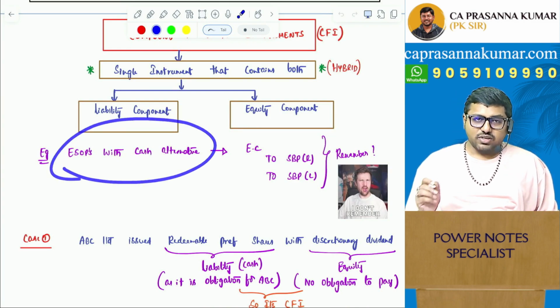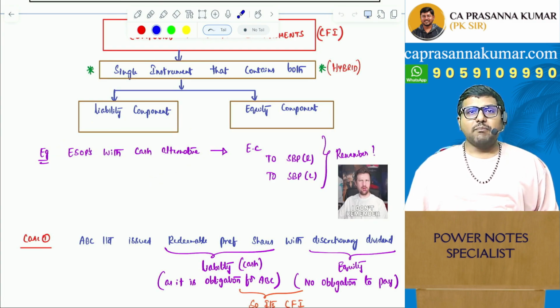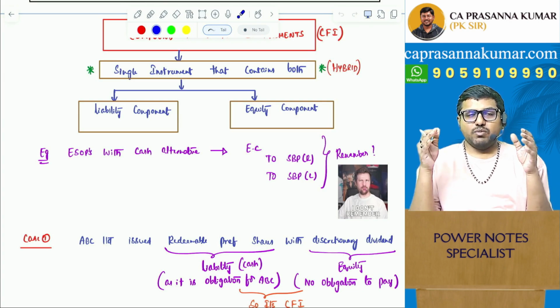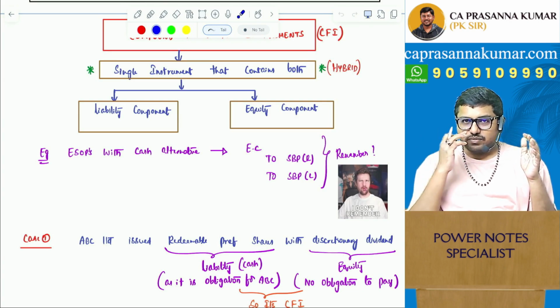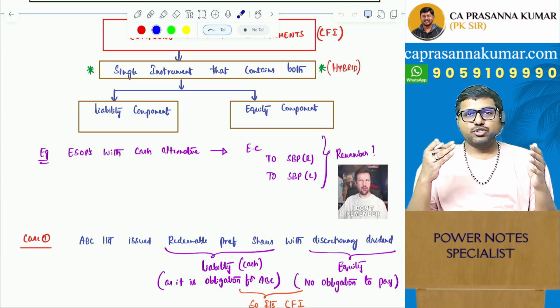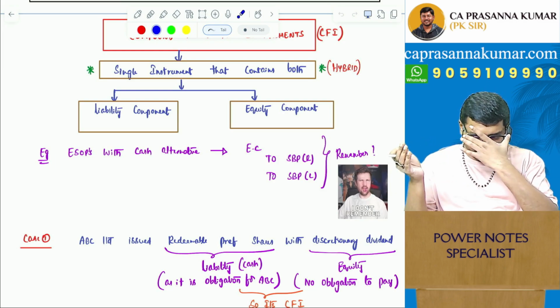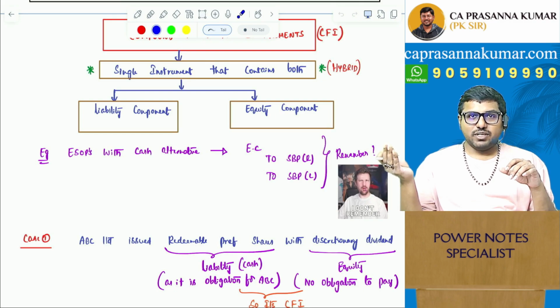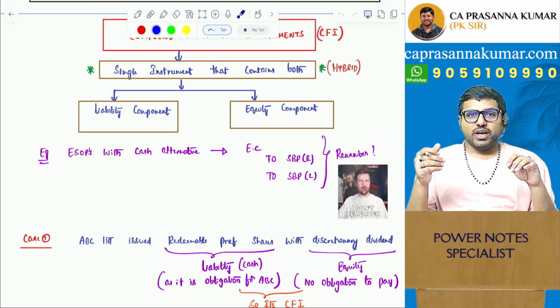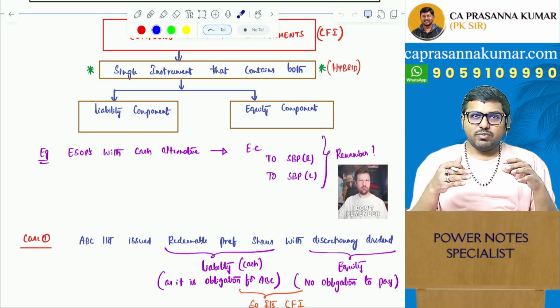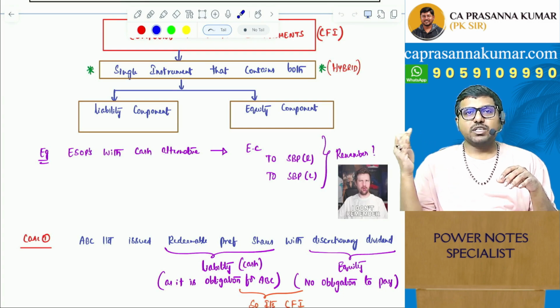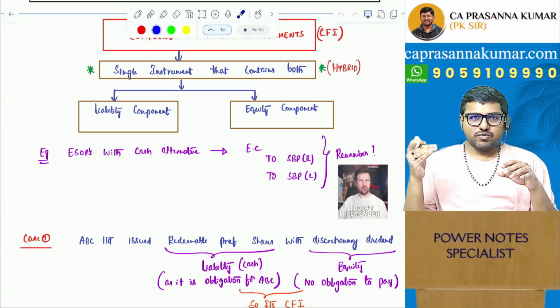ESOPs with a cash alternative. You remember that? Employee stock option plan with a cash alternative, where we'll be doing accounting keeping SARs in mind. Then eventually the employee will choose. If he wants, he can go for the equity shares option. That is nothing but ESOPs. If he wants, he can go for SAR. You remember that? Where for SAR, the number of shares will be less. For ESOP, the number of shares will be high because it comes with a restriction where for the next 3 years,